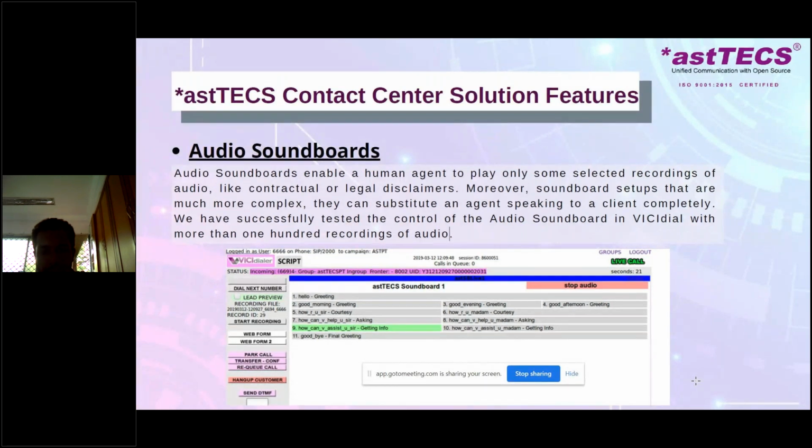So there is another voice file, and we have tested this with more than 100 recording files. It is working seamlessly, perfect, awesome. So it is not only giving correct information to your customer, it also reduces your cost.